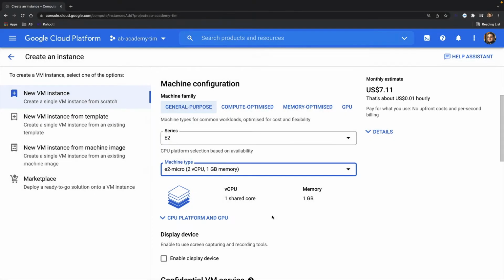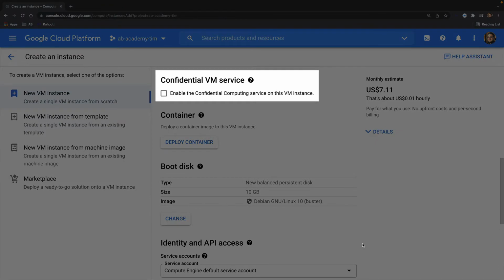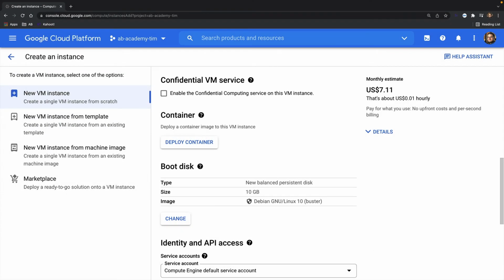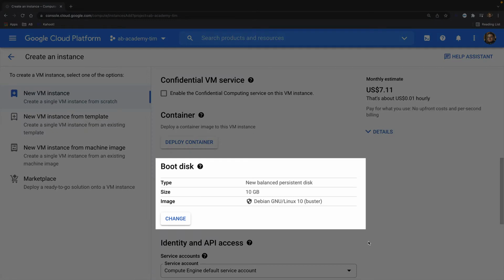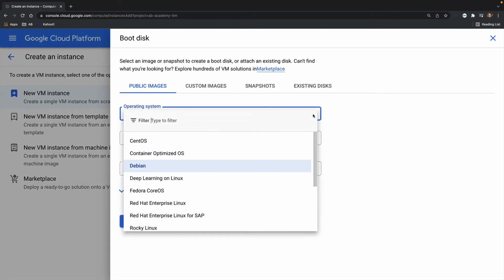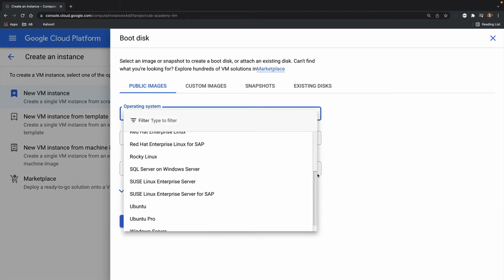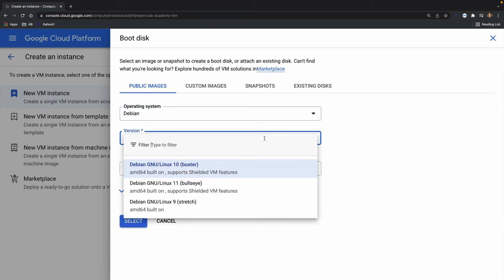in the top right. We have a few advanced options here, such as to use Google's Confidential VM service, a feature which encrypts the running memory of your machine, and we can also choose to automatically deploy and run a container on our VM if we want to. The boot disk section is where we will choose the image that will contain our operating system for our new VM. So here you can see all of those options we've just discussed, but I'll leave this on Debian for now. We can also choose from different versions of each operating system, so I can see Debian 11 is an option, and I'll choose that.